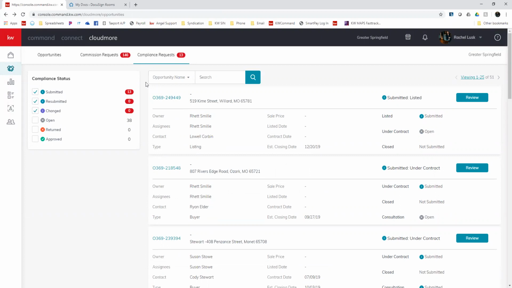Cool things about DocuSign that are a little different than Dotloop. In Dotloop, if you had a husband and wife, they had to have different emails to send documents to. In DocuSign, they can use the same email. So by doing that, if I was sending it to the husband and they were using the same email, I